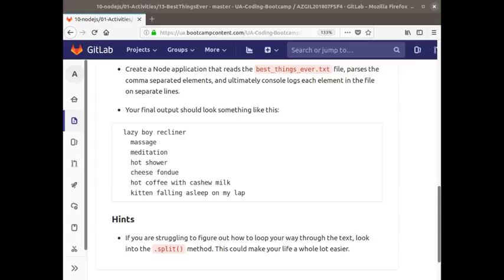Okay, yeah, I want to explain to you, where are you running from? Maybe we confused you right here, but what's happening here is you're putting the file, reading the best things ever file. It's what they call a comma separated values file. Not even comma separated values, it's a .txt, but I think it's set up as comma separated values. So what you're doing is you're reading that file, whenever those values are coming in,